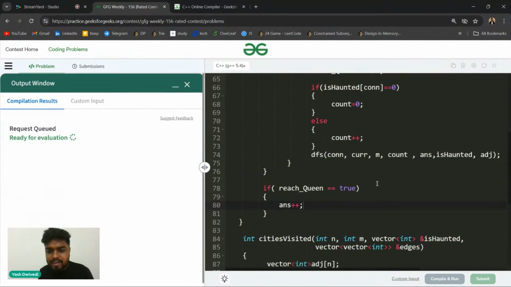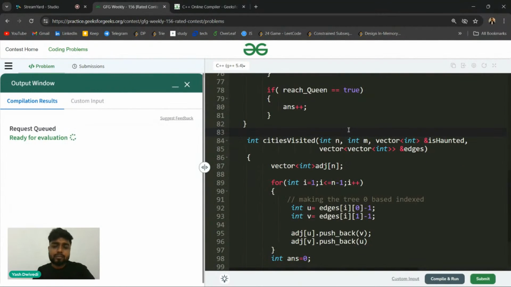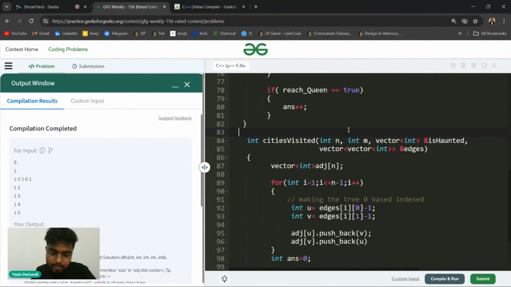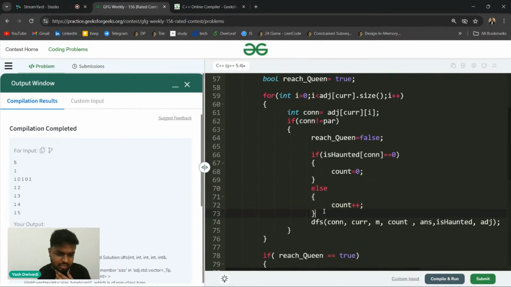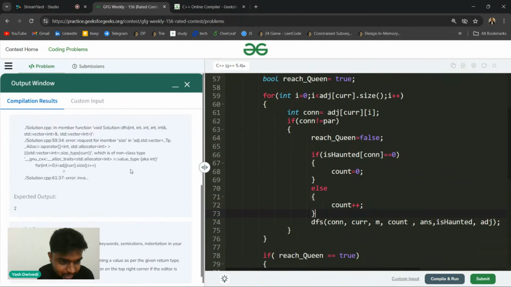Okay, so let's try and compile it and check what happens. So there are several mistakes. Is everyone clear with the process so far? Tell me, guys. Is everyone clear with the coding logic so far, yes or no? Yeah, I have implemented the count here. As I said, this looks better. But yeah, there are several mistakes here.